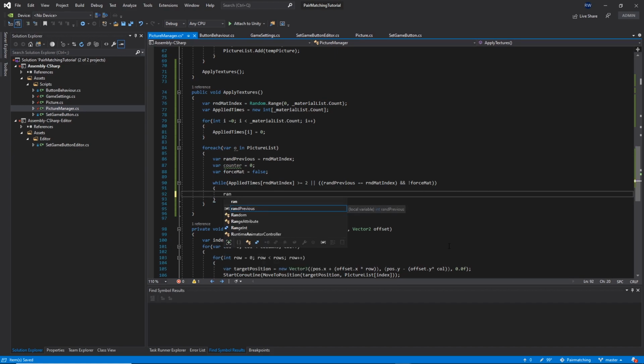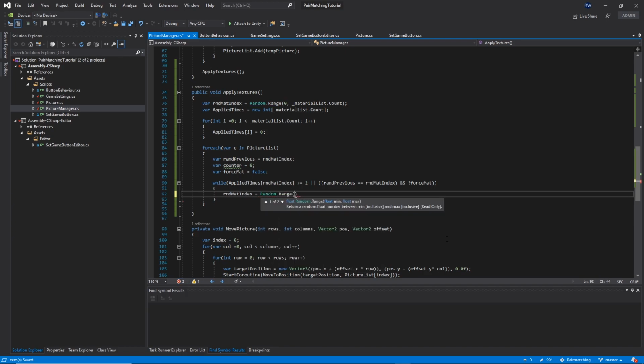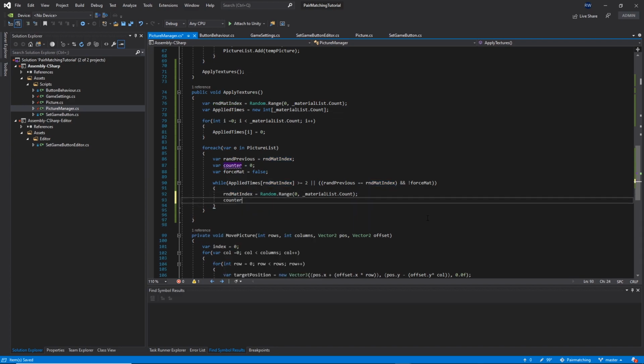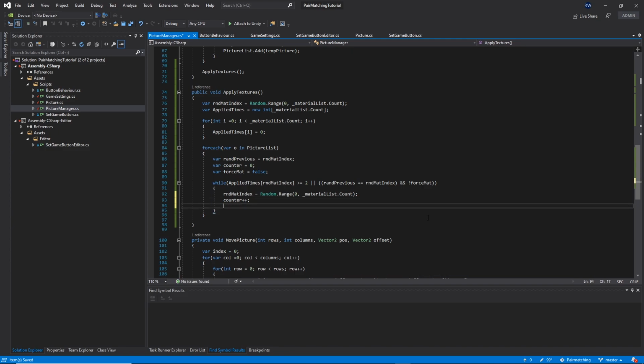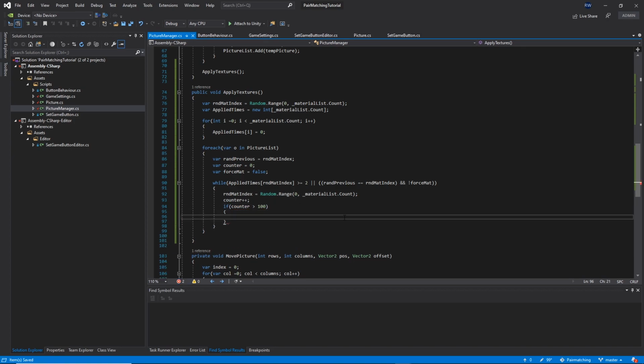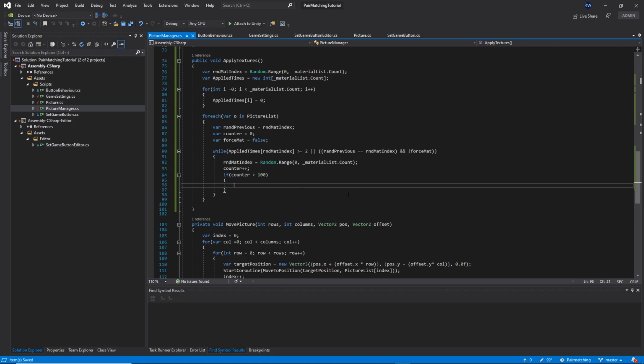And then random material index will be equal to new random number, so random dot range from 0 to material list dot count. Okay, so we want to select another random material, and then counter plus plus, and then if counter is more than 100, so if we already tried more than 100 times to select the material, then